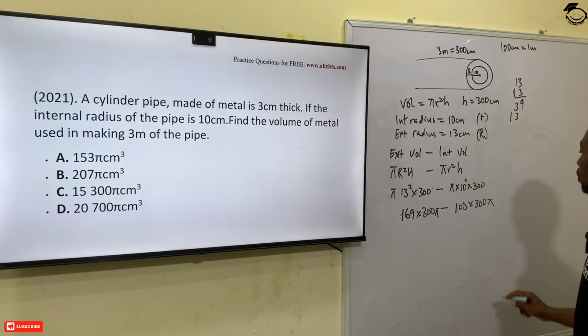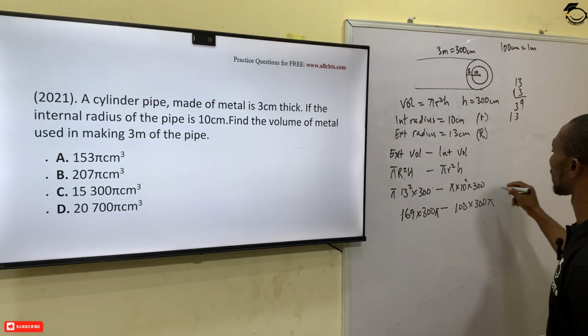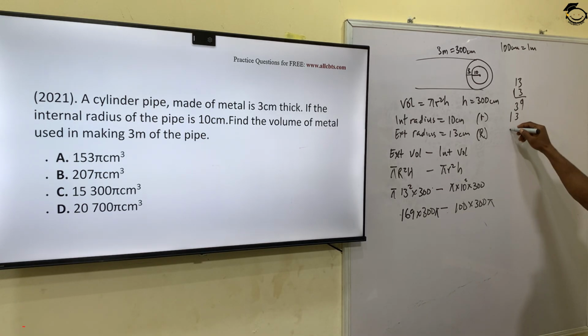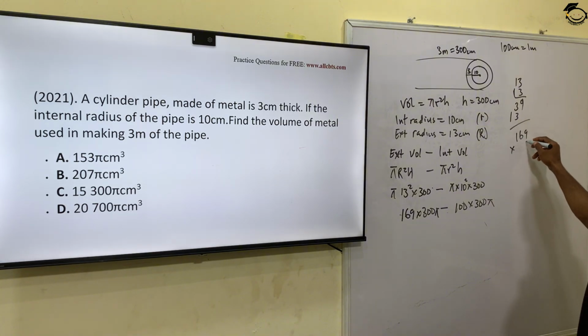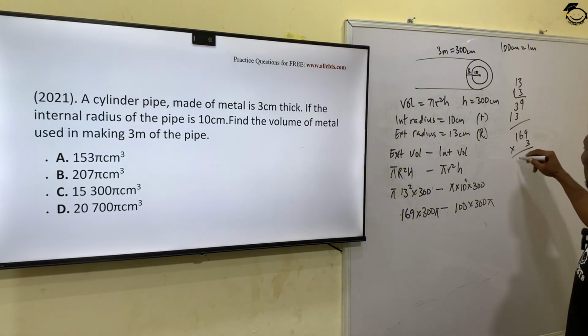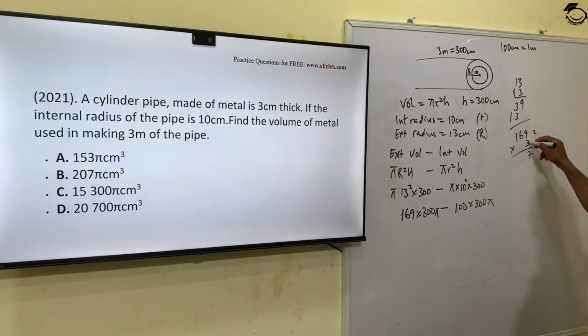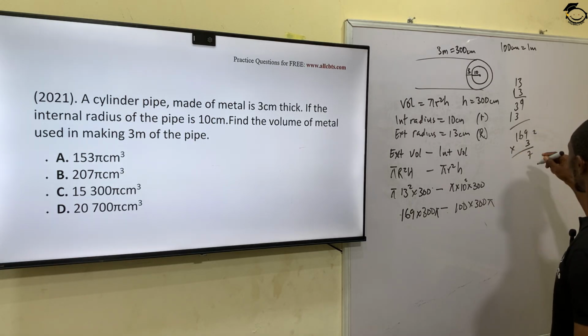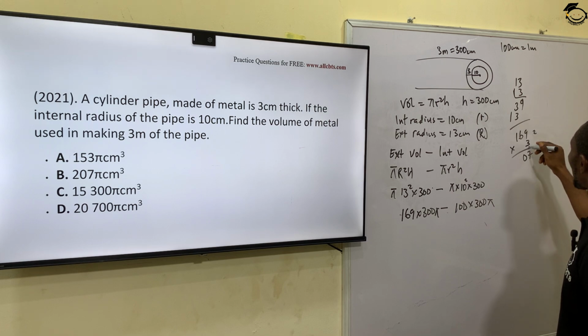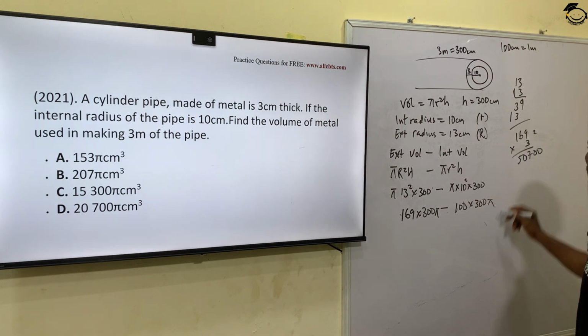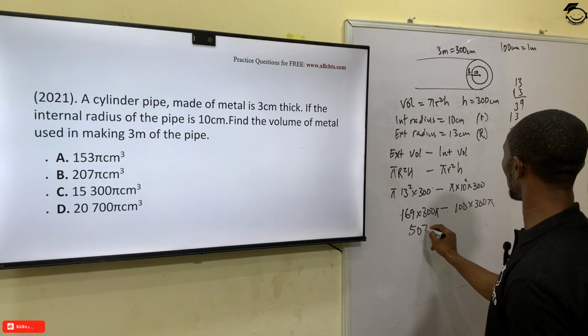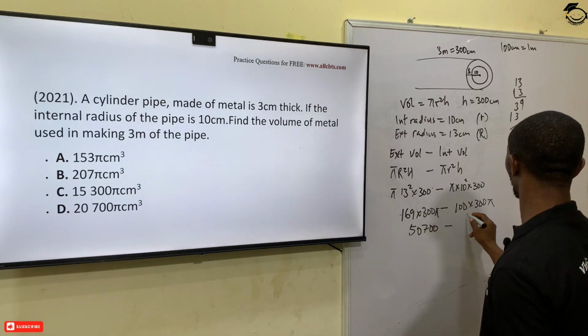Okay, so this will give us 169 times 300. 169 times 3: 9 times 3 is 27, write down 7 carry 2; 18, 19, 20, write down 0 carry 2; 3, 5. So that gives us 50712, and this gives us